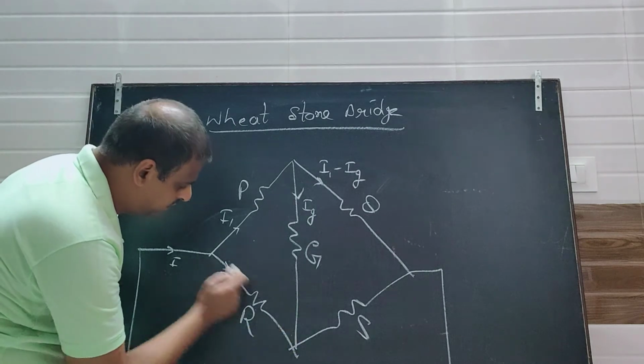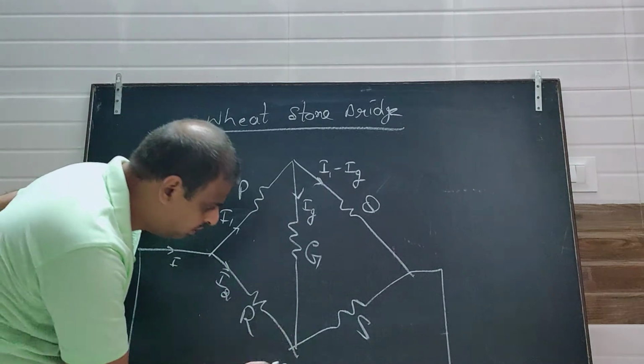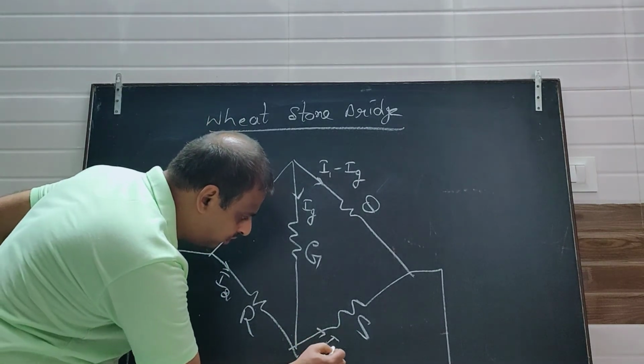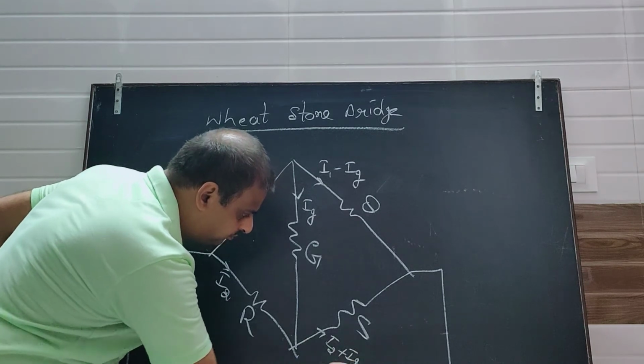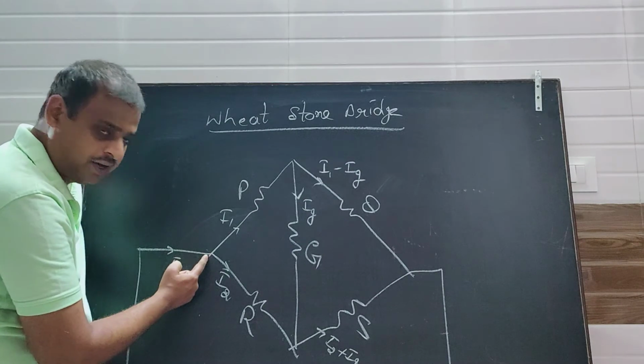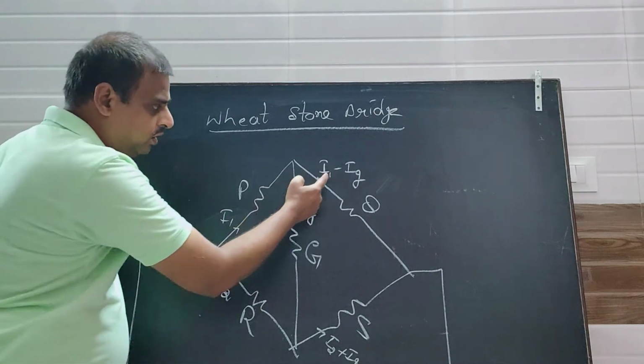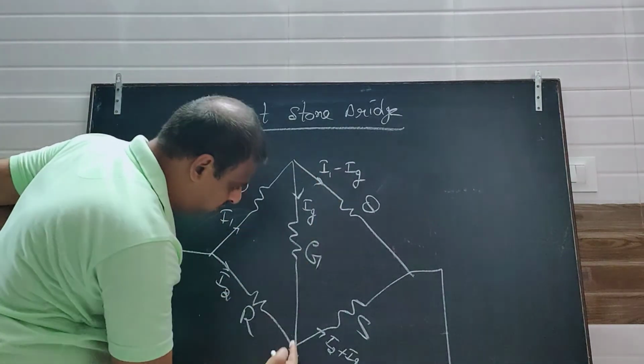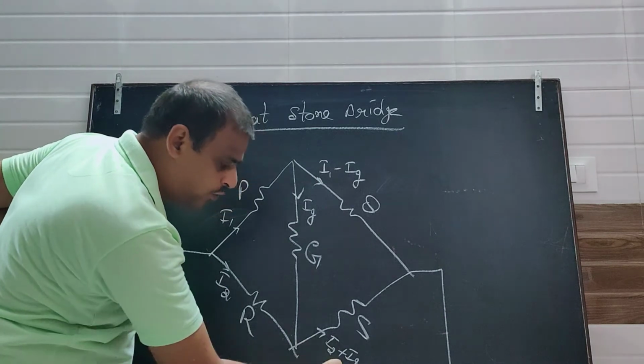Ig current is coming, I2 current is coming, so it will pass through S. So this is I1, I2, Ig, I1 minus Ig,